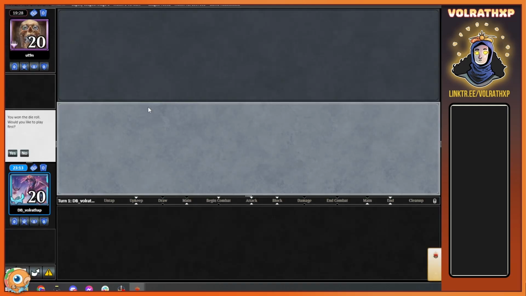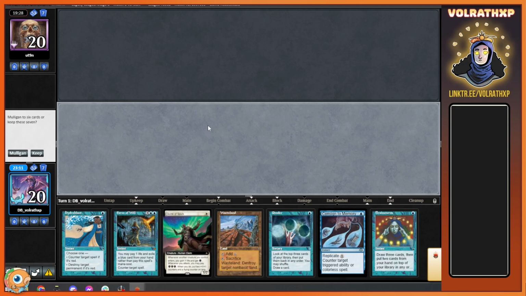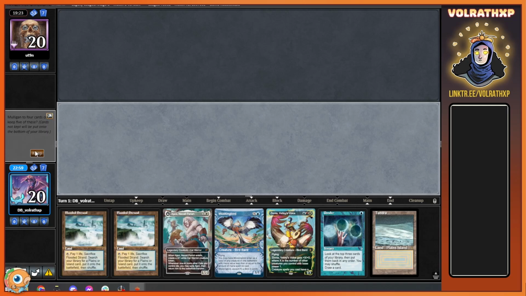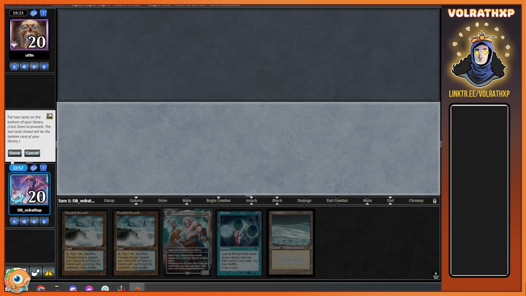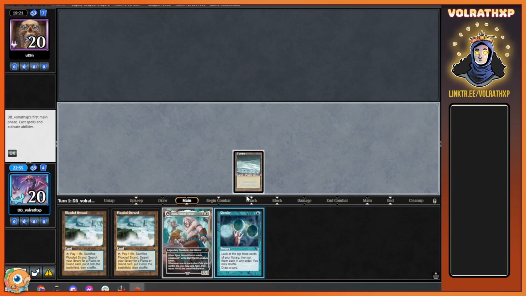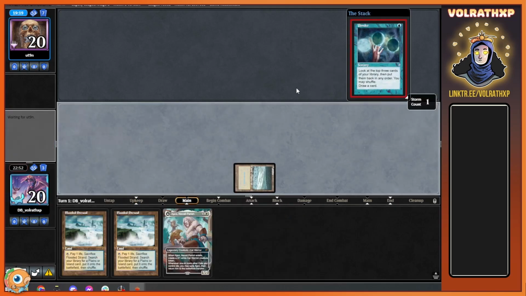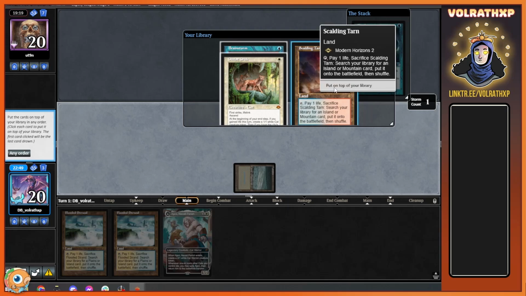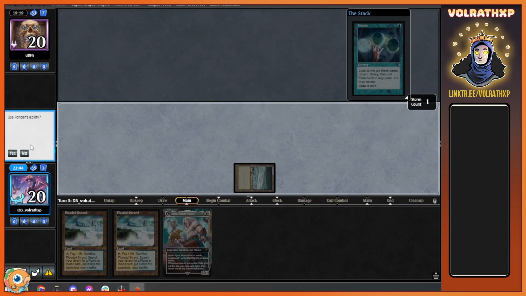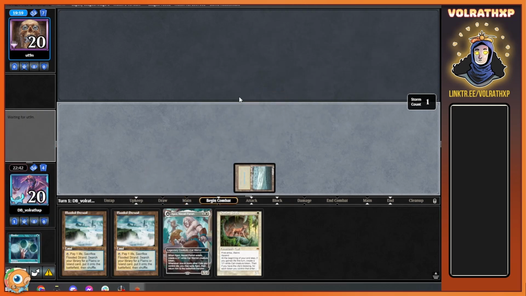All right. Let's see what we come up with here. I mean, this would be a great hand if that Wasteland was something else. That's just legitimately awful. This would also be a really wonderful hand if that Plateau was another land. Yeah. It's rough. I don't like it, but